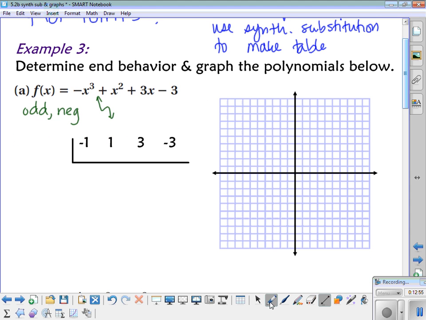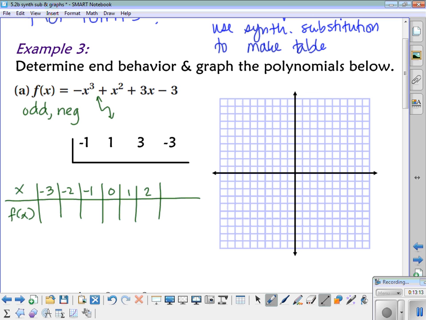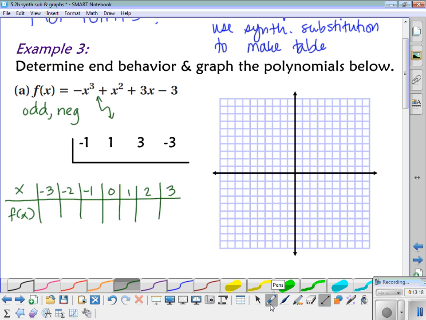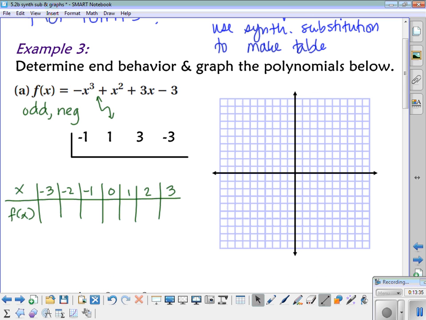So let me make myself a little table here. I'm going to go sideways because I have more room that way. And I'm going to put in -3, -2, -1, 0, 1, 2, and 3. Okay, so can you get away with plotting 2 points on these? No, you can't. When it's making all kinds of curves, you've got to do at least 5, possibly 7 before you can even see what it's doing. Okay? So this one is somewhat complicated, so I'm going to go ahead and use synthetic substitution to figure out